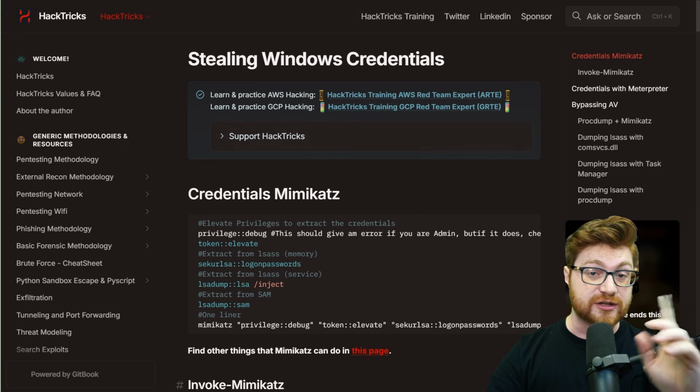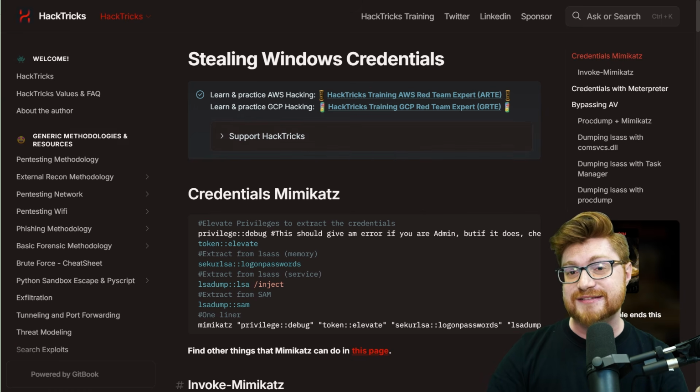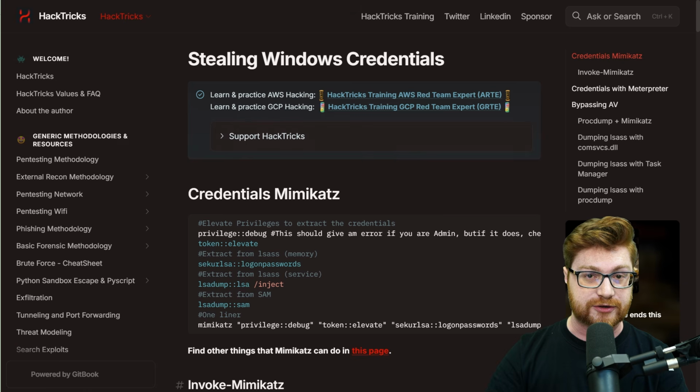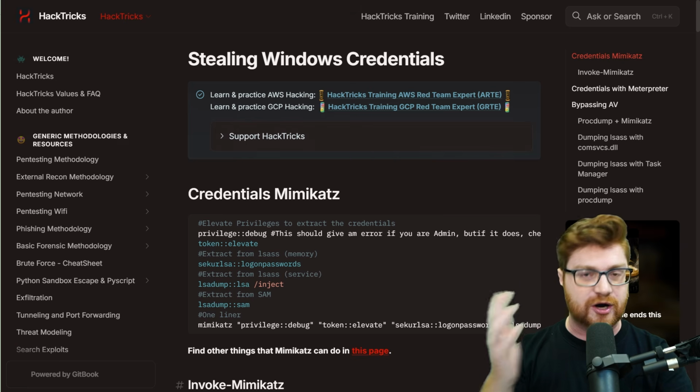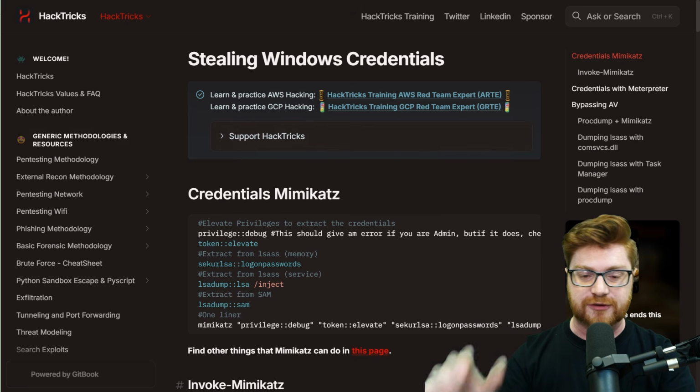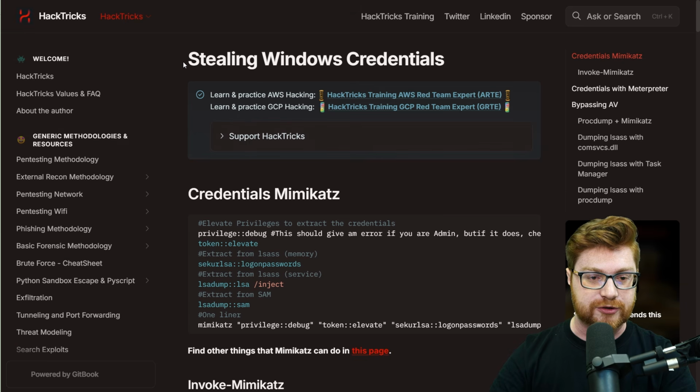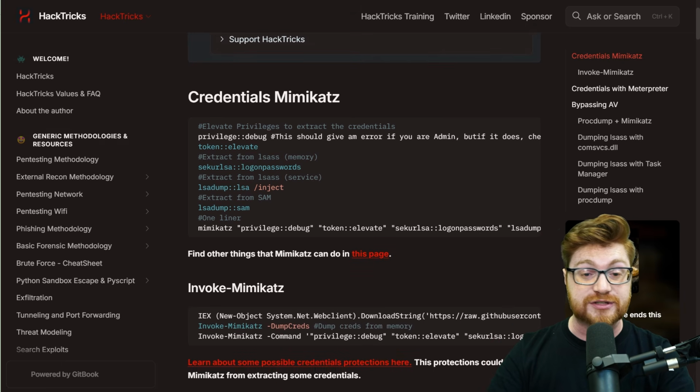To give you just a little bit more background context, I did want to reference this awesome article from Hacktricks. And you can find this online at book.hacktricks.xyz. You know, all those awesome notes put together by my good friend Carlos Polop. And he's got this article, a collection of all this stuff called Stealing Windows Credentials. He walks through how you might be able to do this in different environments with different tooling, using different techniques,